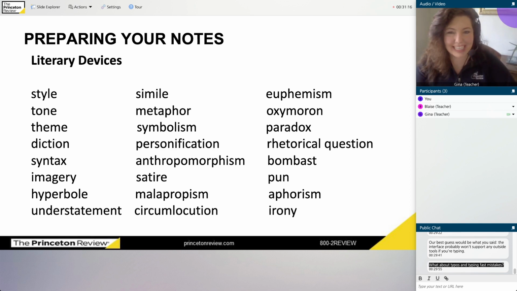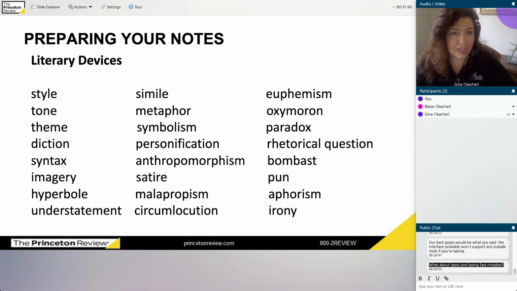I have put together a list of all of the things that you need to know. You need to put these things in your notes. So, if you have the ability to take a screenshot or if you can write really fast or type really fast, this would be a good time to start screenshotting. So I have 3 slides, and these 3 slides cover most of the things that you need to know in order to be ready for the rhetorical analysis essay.